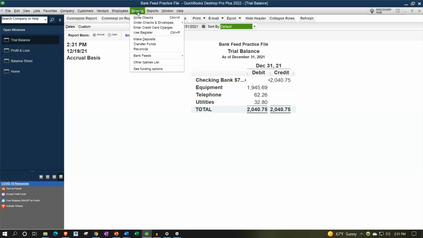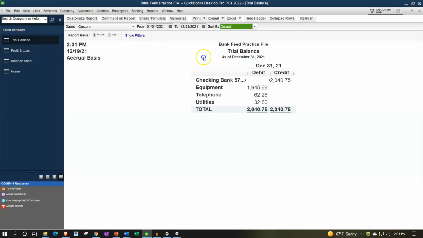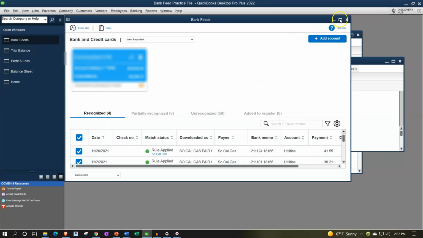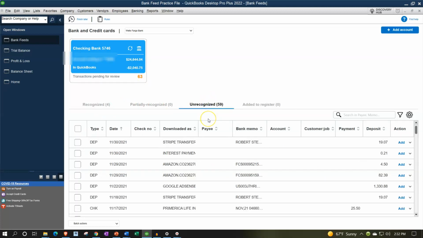So we're going to go to the banking drop down. We're going to go then down to the bank feeds, look at the bank feed center, which would only be there if you had the bank feeds in place, and maximizing the bank feed center. We're in our bank feed tab here, and it opened up to the reconciled area. We want to go to the unrecognized area on the right,